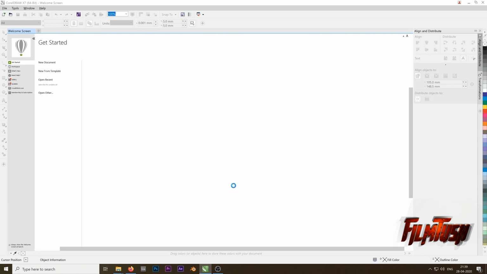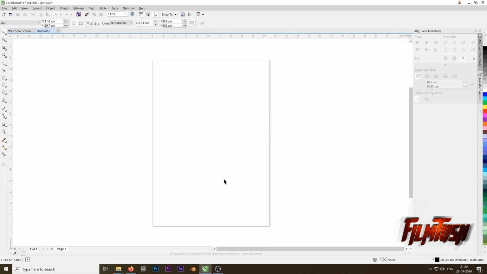Let's begin the tutorial now. Now the document is created. Let me show you all the panels and the toolbars, and then I will explain everything one by one. Now let me explain what these are. Here you have the toolbars, as you can see, all the tools over here, and on the top you have the menus, and at the right you have the color section, and whatever color you choose from here will update in the document over here. So first I will make a simple rectangle.